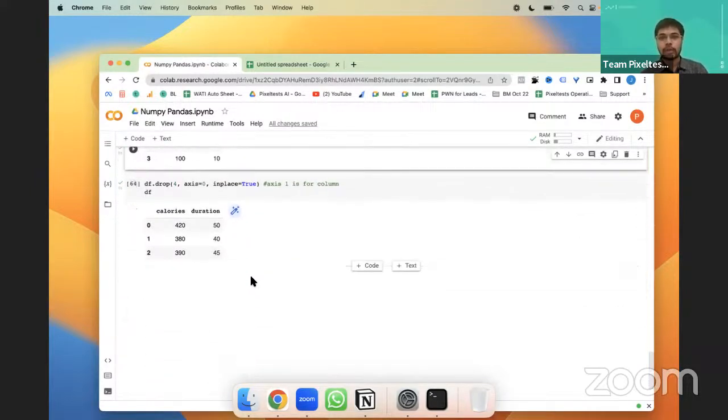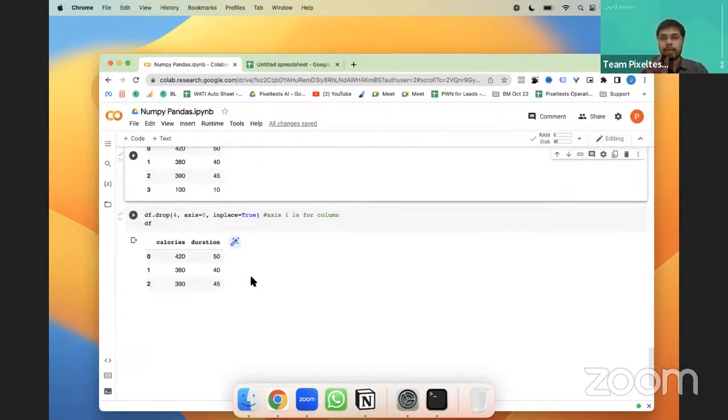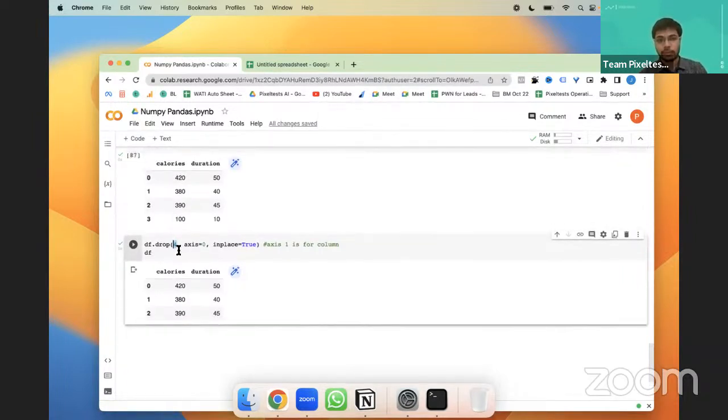Great. Right. So now, similarly, if you want to drop a particular row, first you give the index of that particular row. Okay. And then you are going to use 0 in axis because that will say it is a row. We are saying inplace because we want the updation happening in that particular statement itself, right? So we'll just check if this is running or not. Okay, so now here we are going to write 3 because we want to delete the index 3. Okay, so if I'm going to run it, you've seen that the data frame had the new row removed, right?